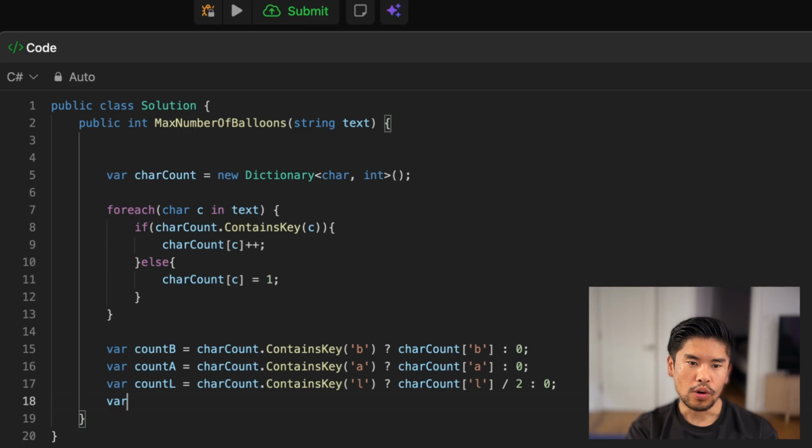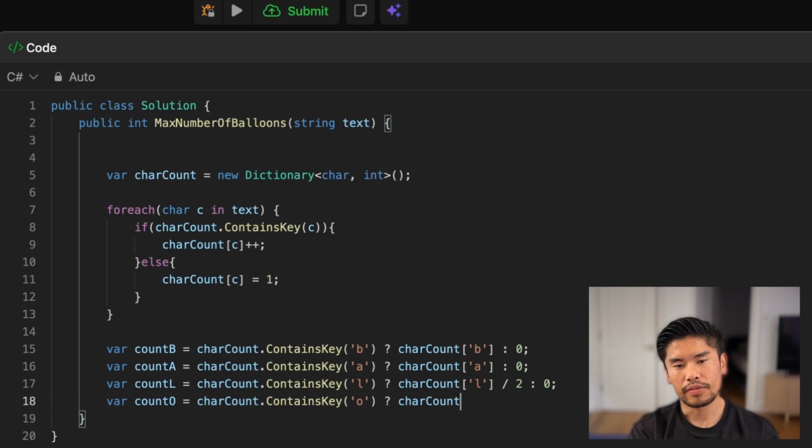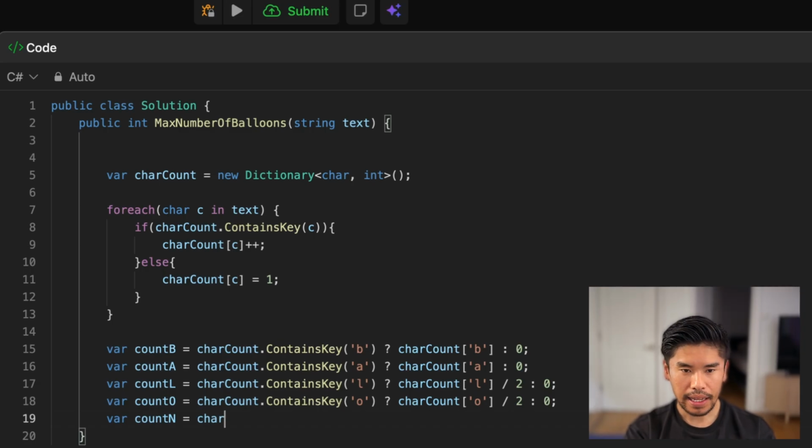Similarly for balloon's o, for the count of o we're going to do the same thing, where we divide it by 2. Count contains key o, that's going to be the value of o, characterCount of o divided by 2, else it's going to be 0. And last but not least, for n we only need one count of n for the word balloon,